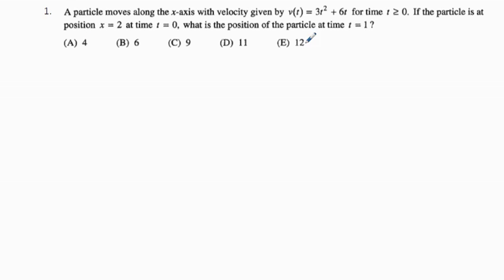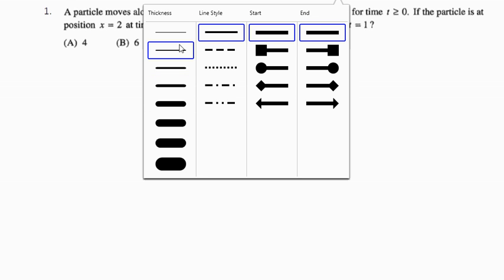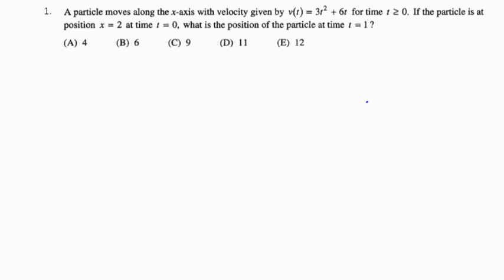A particle moves along the x-axis with velocity given by v of t equals 3t squared plus 6t for time t greater than or equal to 0. If the particle is at position x equals 2 at time t equals 0, what is the position of the particle at time t equals 1? So really our distance